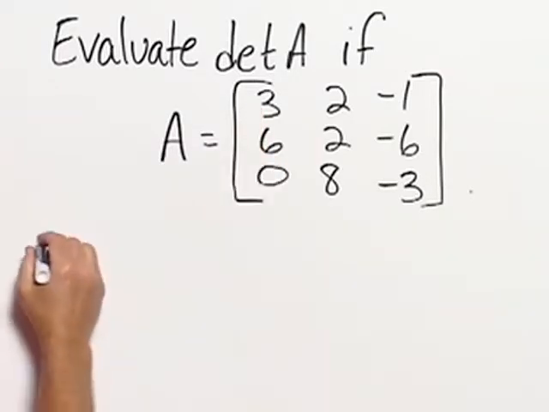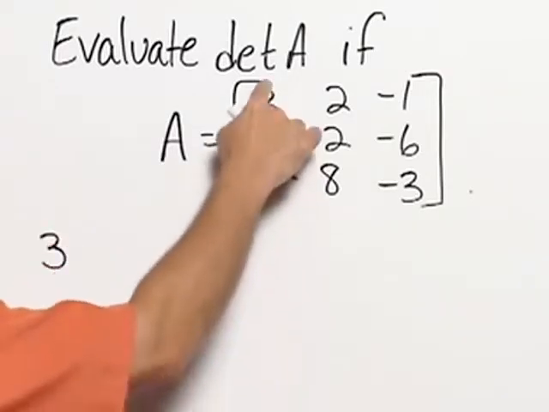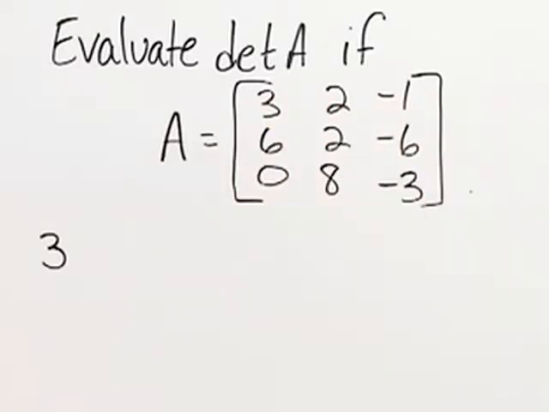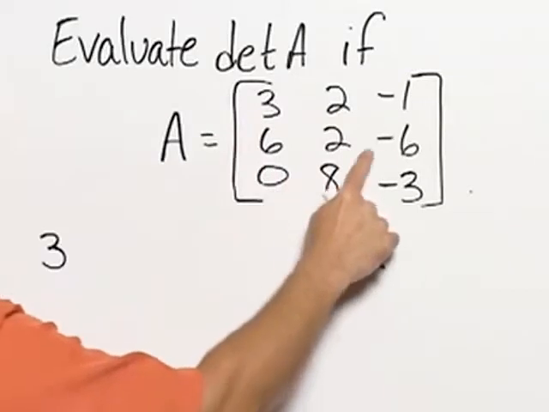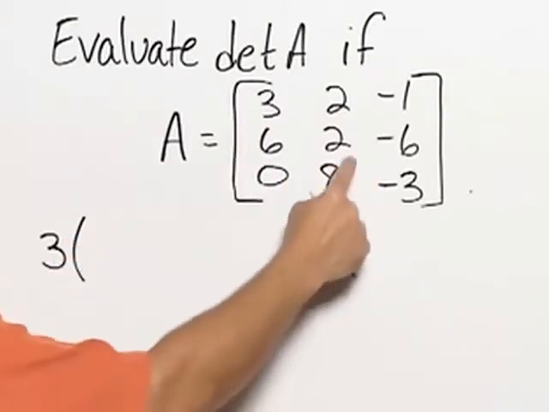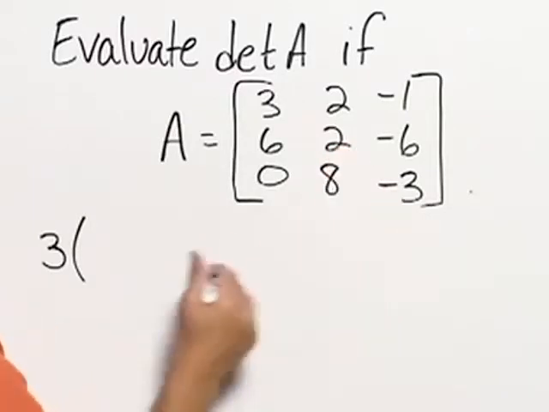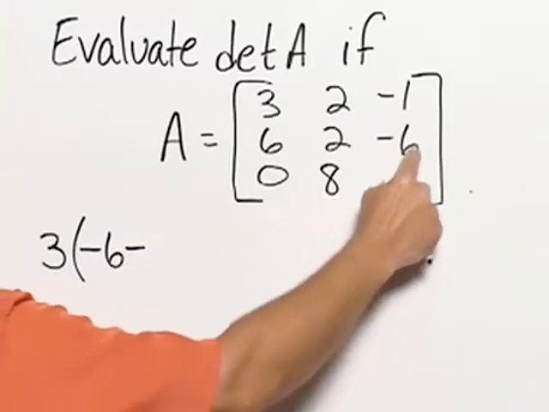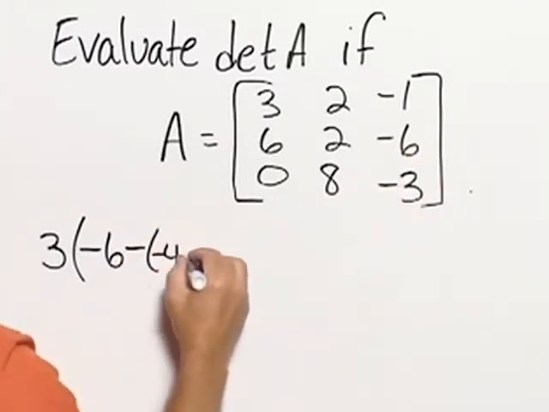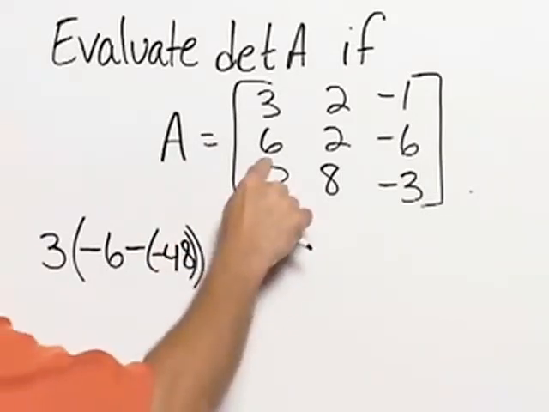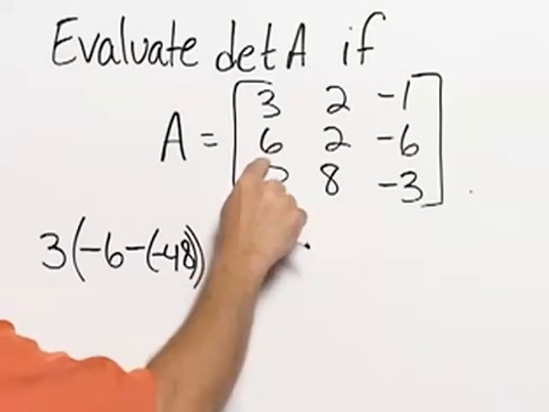So we have 3, and now we essentially cross out the row and column where 3 is, leaving us this 2 by 2 matrix. And now what we do is we multiply 2 times negative 3, which is negative 6. And we subtract from that, multiplying 8 times negative 6, which is negative 48. Then we move to the second row, and we write down,